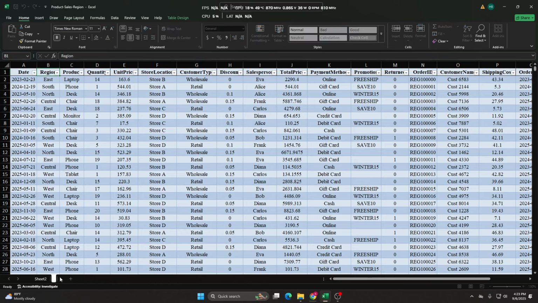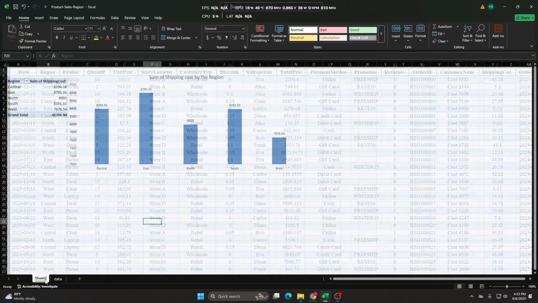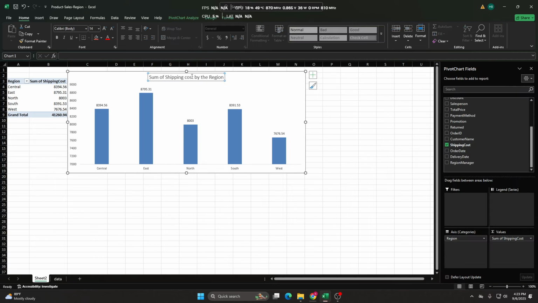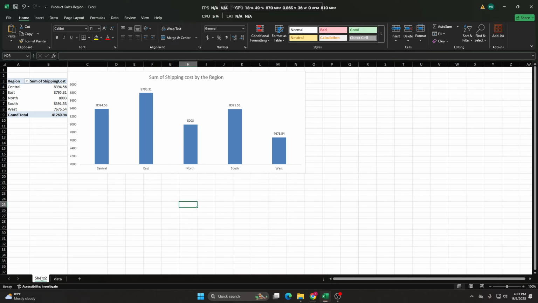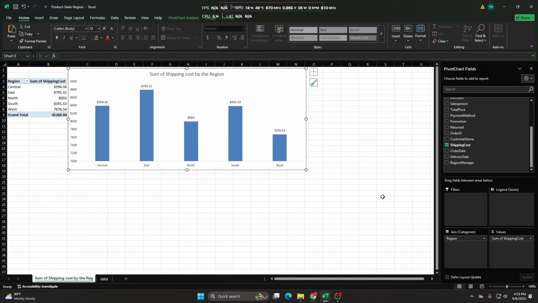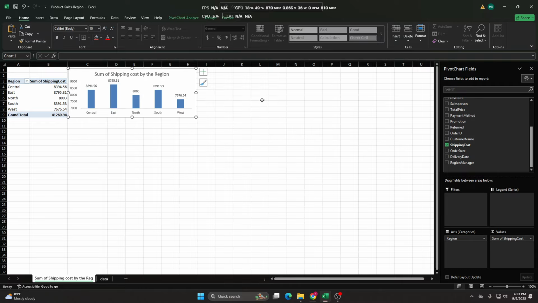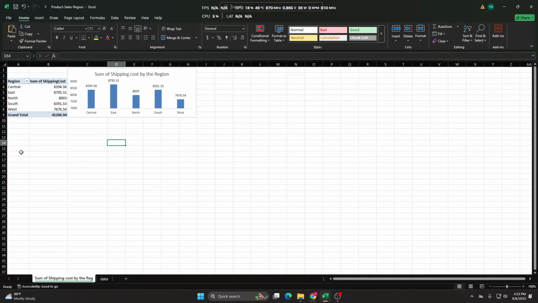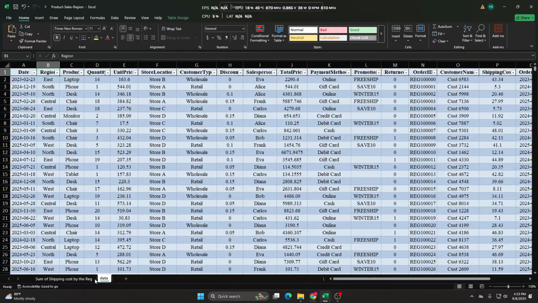Next, I'm gonna rename the sheets. So Control C, I'm gonna rename the sheet as it is, so it will be easy for me then, right? So you can add a lot of pivot charts here, like a lot. Yeah, so that is my first pivot chart. I'm gonna make the chart smaller here. Yeah, that's it. So the second pivot chart I'm gonna insert here is